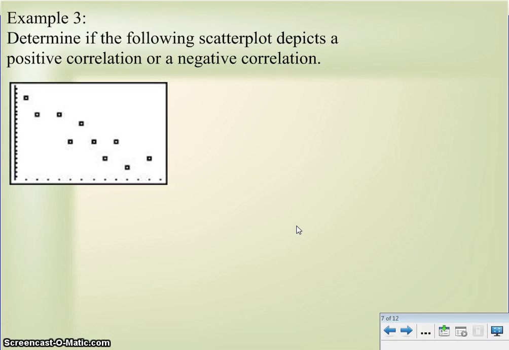Right, let's go ahead and move on to example 3. It says, determine if the following scatter plot depicts a positive correlation or a negative correlation. So it's very simple. It's positive